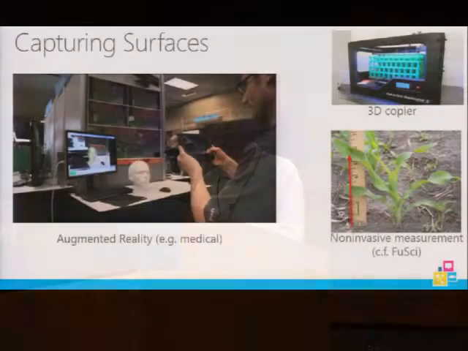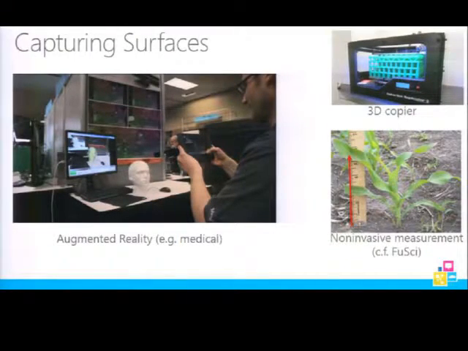So here's the idea that 3D fabrication is becoming very important. So at the top right there you see a 3D copier which is pumping out a model of a building. And so where's the data going to come from for this building? It would be great to be able to walk around the building and capture the necessary 3D data. And then at the bottom right, you've got the illustration of a system which is being built for scientists to do non-invasive measurements, in this case of plants growing. And again, it would be good to have a precise metrology system that would work in real time and capture